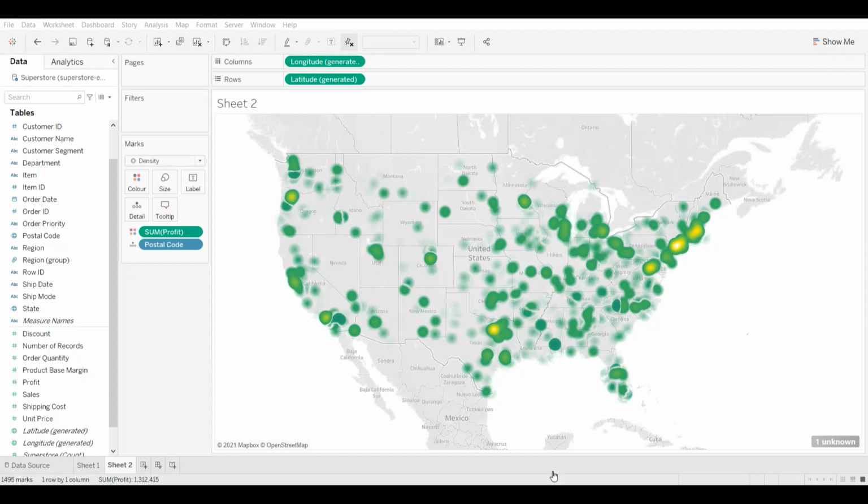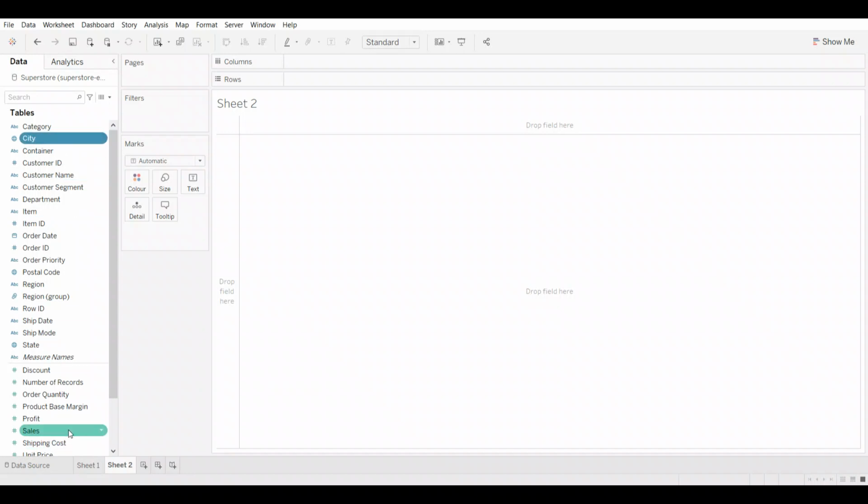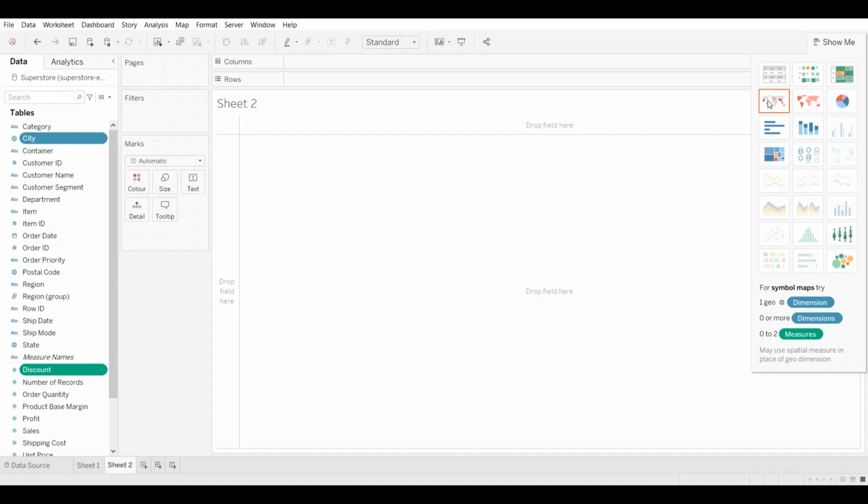Now the last thing I wanted to show you is how to create these maps with Show Me. So if you select, for example, let's select city this time, and with discount, let me try this. I hope that it works. It gives us something interesting. So here's the cities and here's the discount. I selected both of them by holding down the control key, selecting the second one, went to Show Me, and I can see that one of the recommended here is either